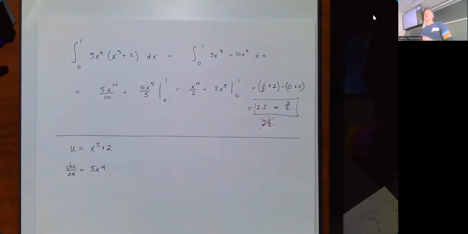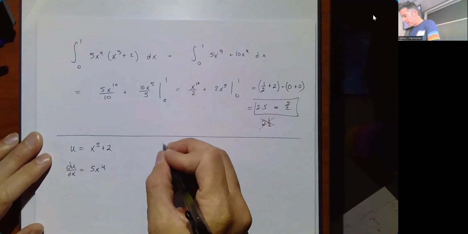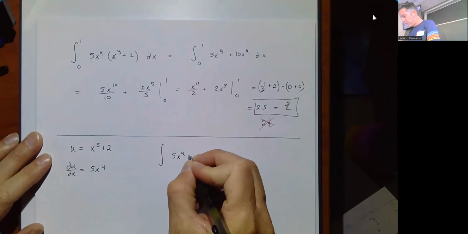So what I can do is I think of it as like a translation problem. I'm translating this integral from the language of x to the language of U. And I can't do a half-assed job. I can't leave any x's behind. Everything has to become u's. No x's allowed anymore. So if I start rewriting this, my integral of 5x to the 4th times x to the 5th plus 2 dx,